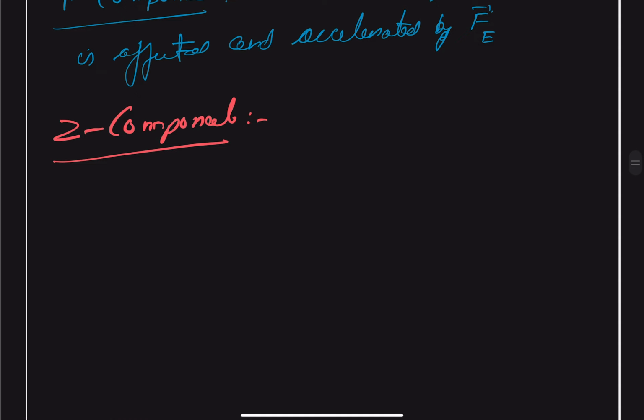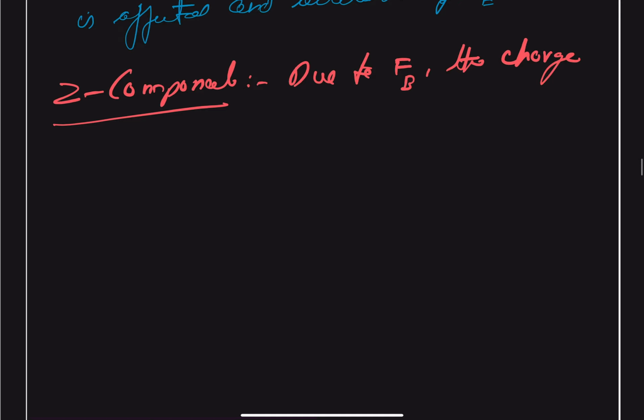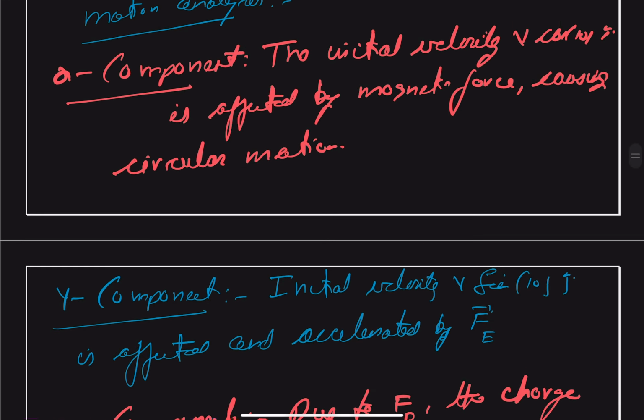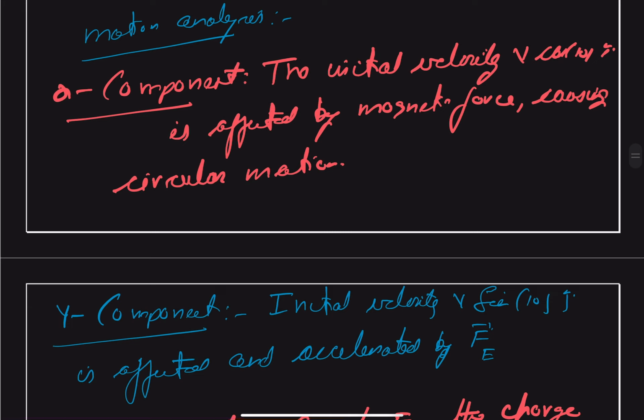So we can say that due to magnetic force, the charge will have a... one second, I think I made a mistake here. Initial velocity vi, yeah, magnetic force is perpendicular,